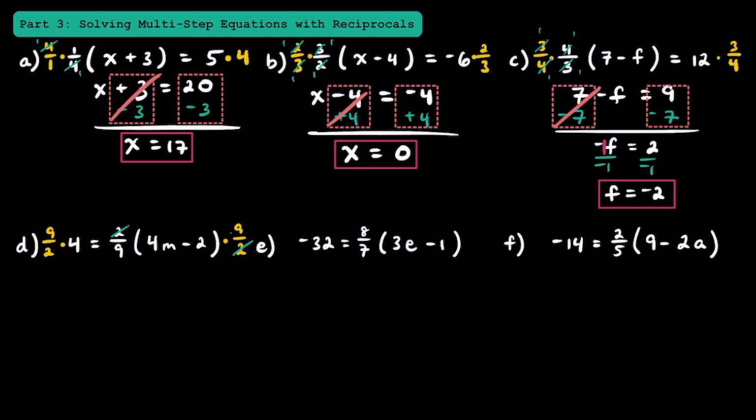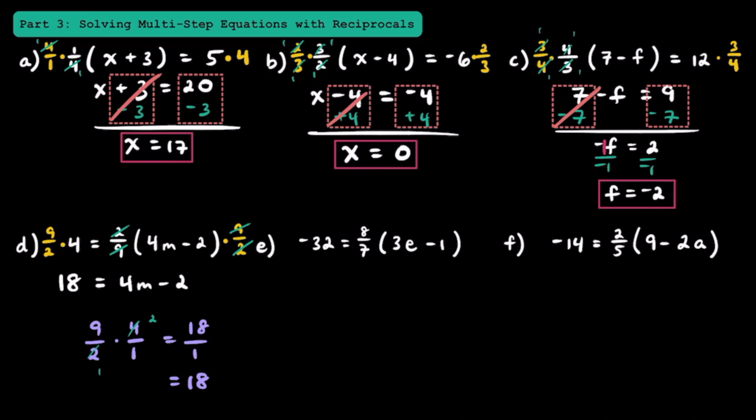Multiplying this 2/9 by 9/2, or its reciprocal, we're just going to get 1. And so the right side of this equation just simplifies to 4m minus 2. On the left side, we still have to multiply this 9/2 times 4, which is just 4 over 1. This 2 and 4 can cross cancel to make 1 and 2. And 9 times 2 is equal to 18, and 1 times 1 is 1, so this is just equal to 18. Now that we know that 9/2 multiplied by 4 is equal to 18, let's write that on the left